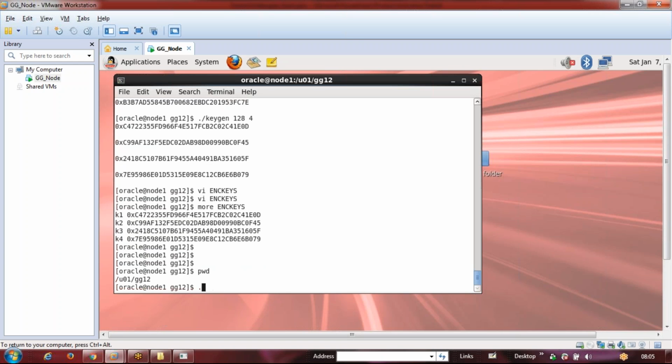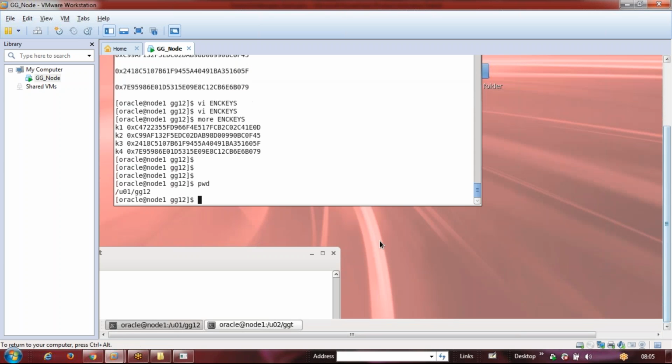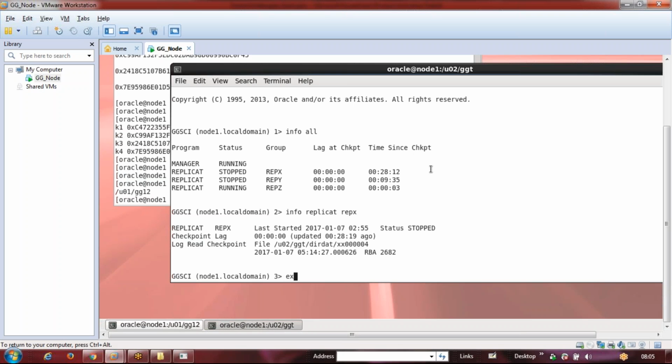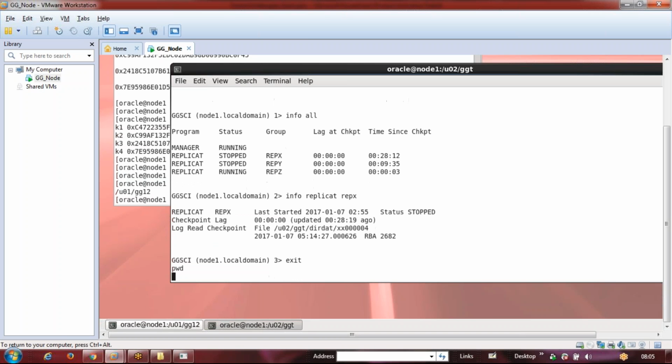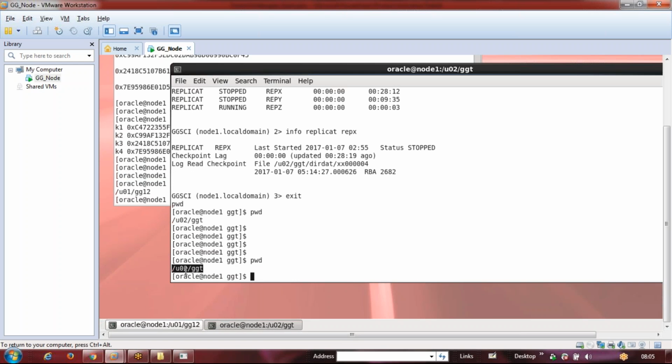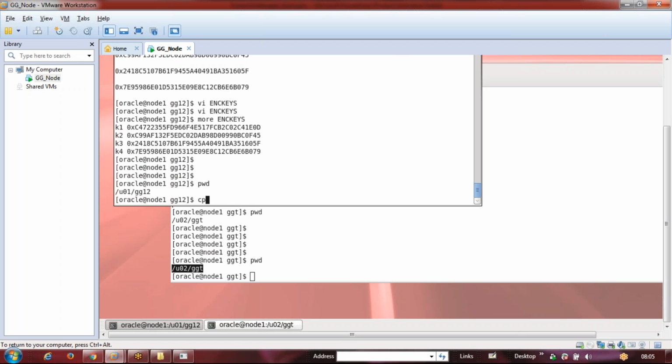Now this same file should be in the target as well. What's the target home directory? The target home directory is U02 GGT. So we'll copy these files. These files need to be copied because